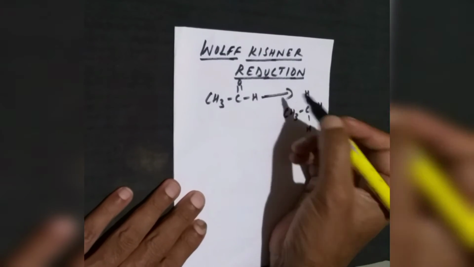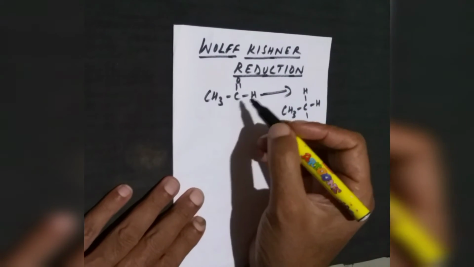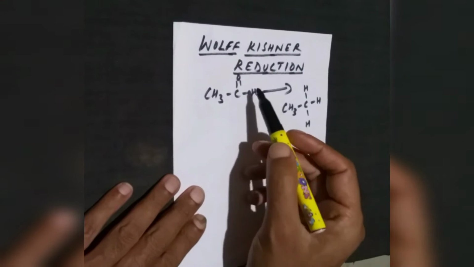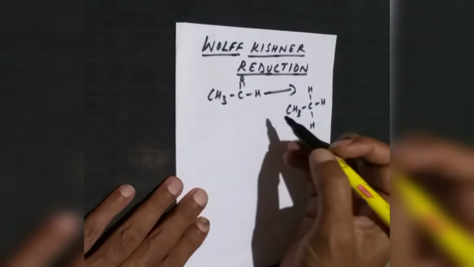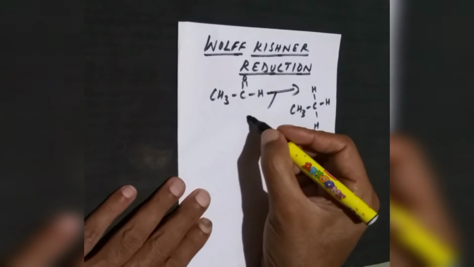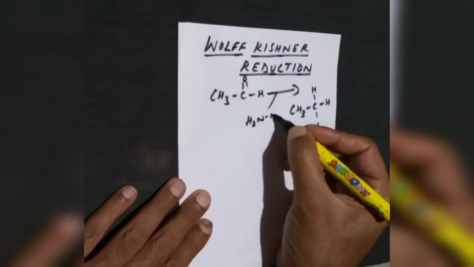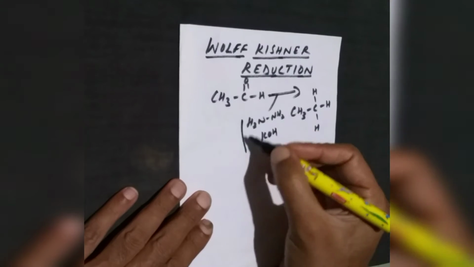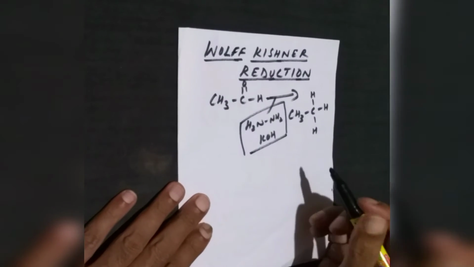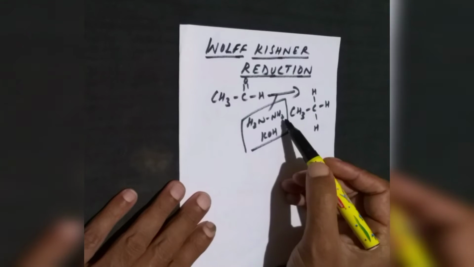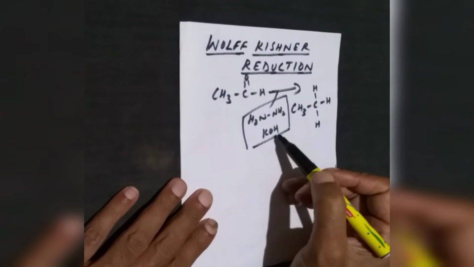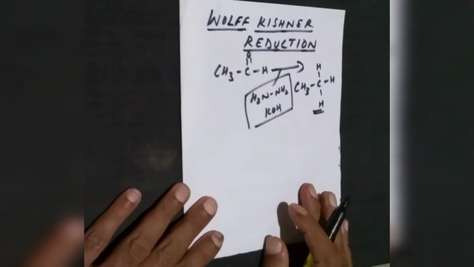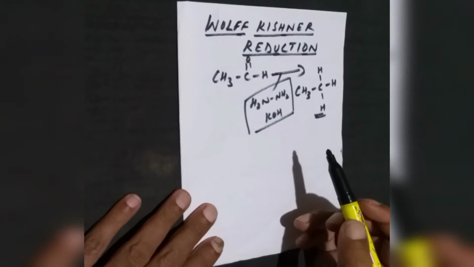But what reagent are we going to use? The aldehyde by itself will not get converted into the alkane. So we need some reagent which will convert this aldehyde into the alkane. So Wolff-Kishner used hydrazine, NH2, NH2, in the presence of a base. So aldehydes, when treated with hydrazine in the presence of KOH, a basic medium, are converted to the alkane. So this is the basic idea of the Wolff-Kishner reduction.